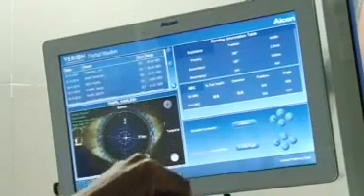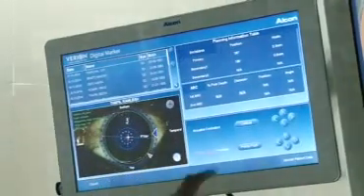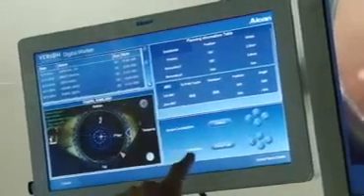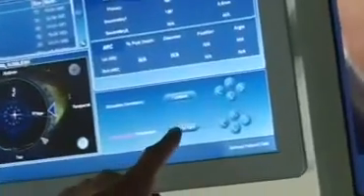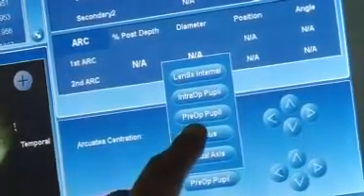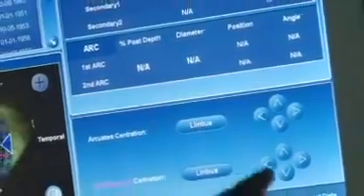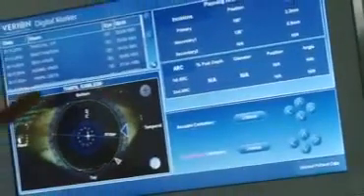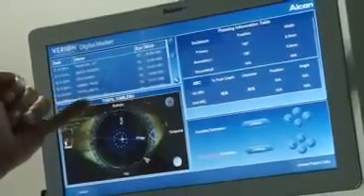Right, now what is important here for you to see, I can actually do the capsulotomy centration any place I want to. Suppose I said this, I can get into the pupil, the pre-op pupil, the limbus and the visual axis. I like to do it at the limbus, that's what I'm going to choose. And then what I will do is, the patient's name is already here, Kamlesh Thapa.